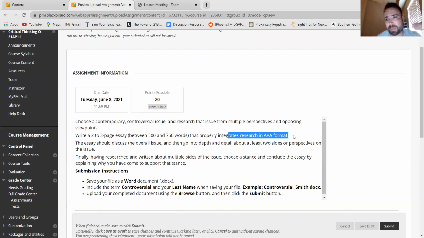This is very much a research-based project, and you need to properly integrate your research using APA format. That means having your paper laid out in the APA style with a proper APA cover page, along with a header. More importantly, that means using proper APA in-text citations throughout the report. In-text citations whenever you are directly quoting from a source, and also in-text citations whenever you are taking ideas that you learned about or read someplace in a source, and then talking about those ideas or paraphrasing those ideas, putting them in your own words or discussing them.